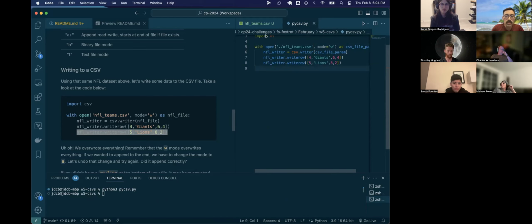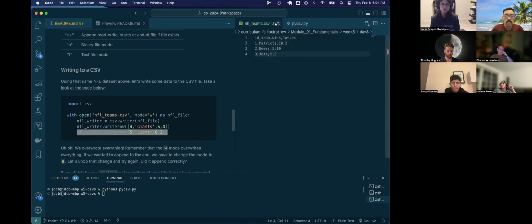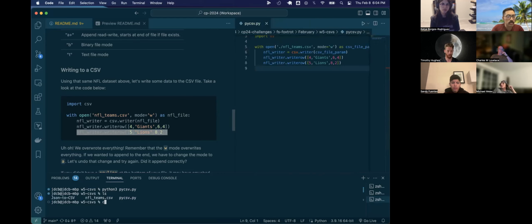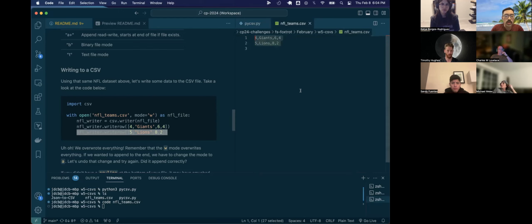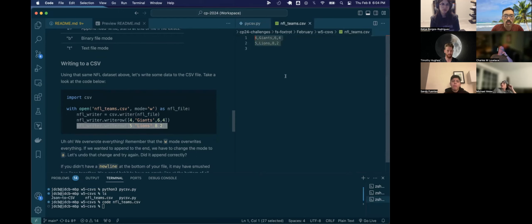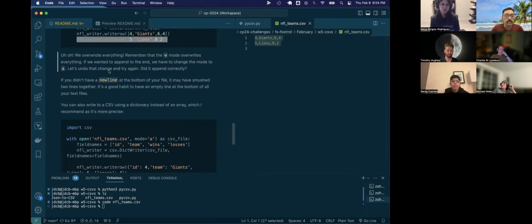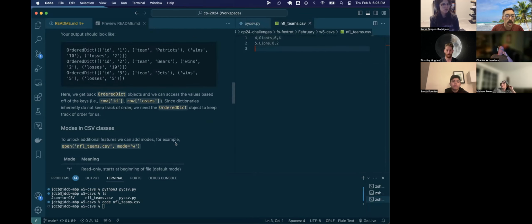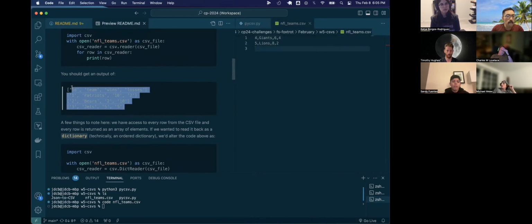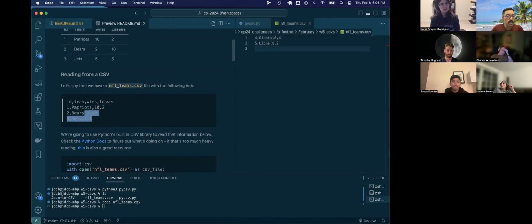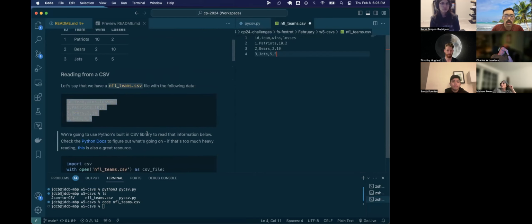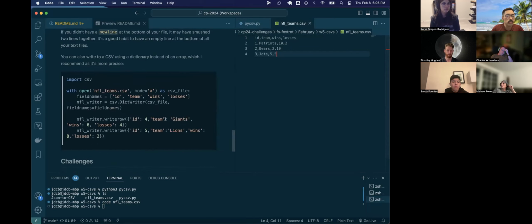So I ran the script, it did its thing. Let's look at the CSV file. We could see that this overwrote the previous data. We want to undo that, so let's go back and copy the original data. And let's now